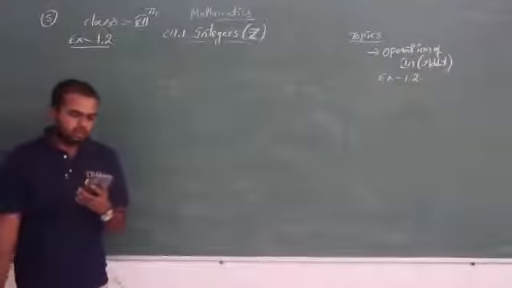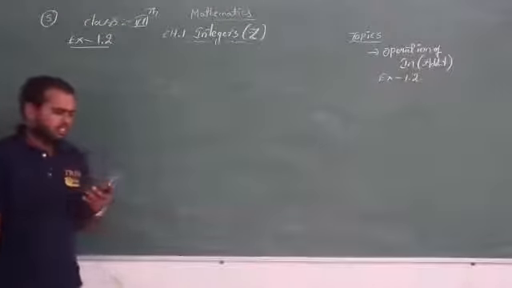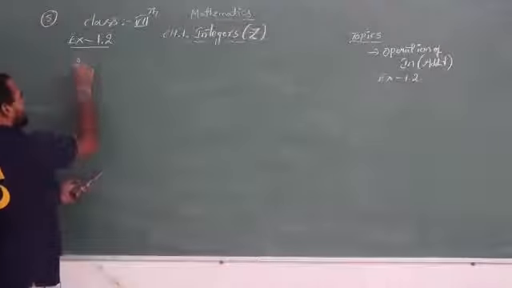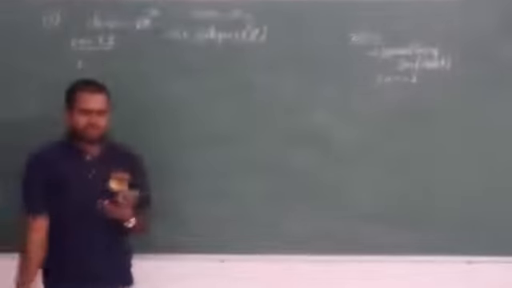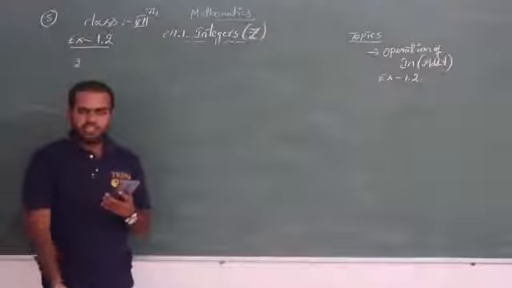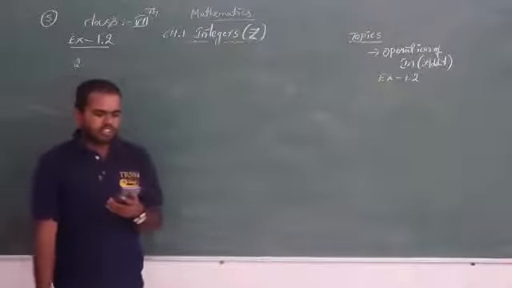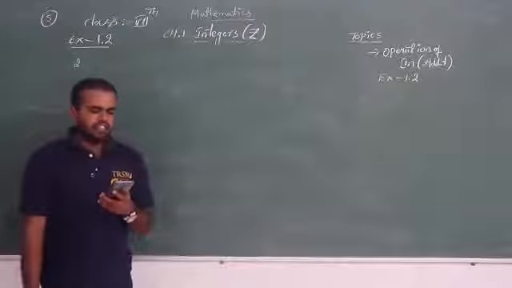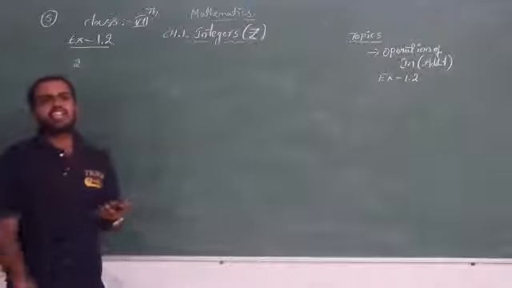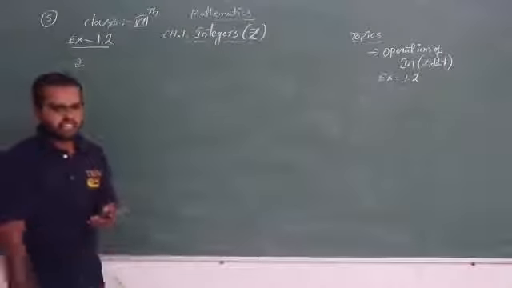To try these problems, the second question. So what does that mean? The first one is asking to represent on the number line, and if you add a positive integer, which direction will we move? We will move to the right side. And what about the third one? Whenever you are adding a negative integer, which direction will we move? We will move to the left side on the number line.